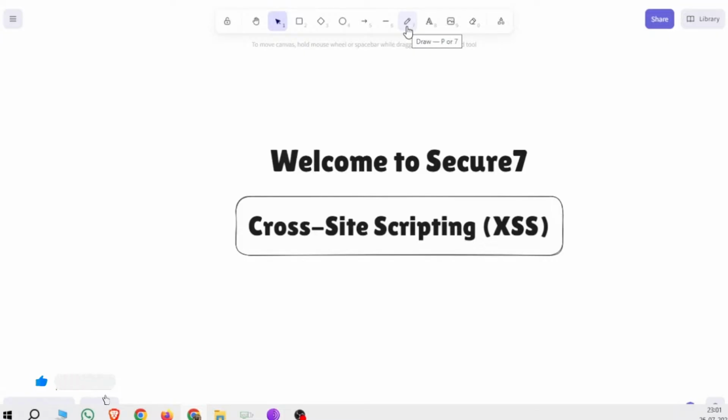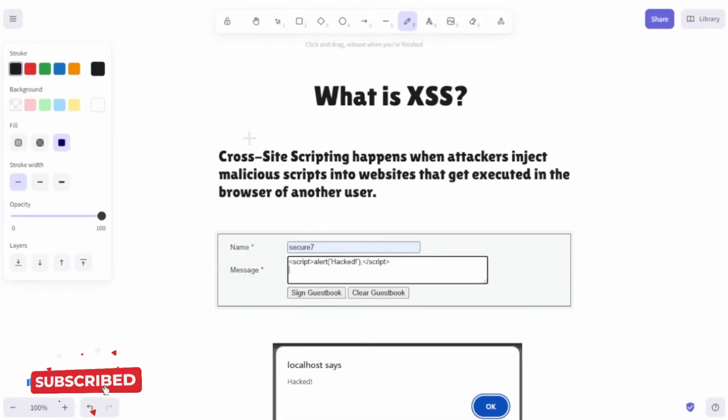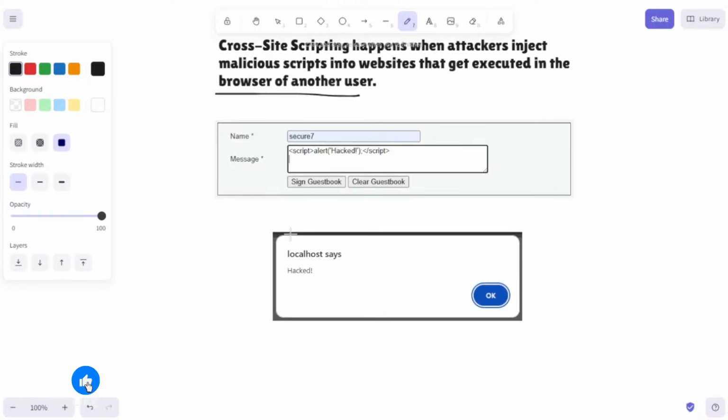Let's get started. Cross-site scripting happens when attackers inject malicious scripts into websites that get executed in the browser of another user. That script could steal cookies, session tokens, or even perform actions on behalf of the victim. Let's say you visit a blog with a comment section, and a malicious user posts